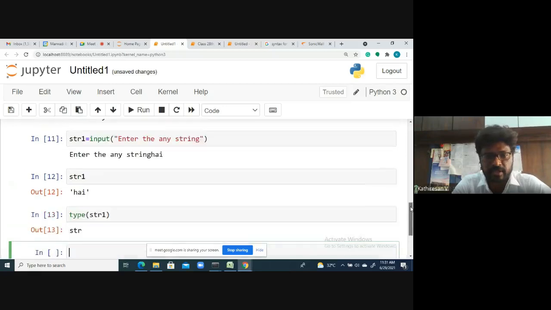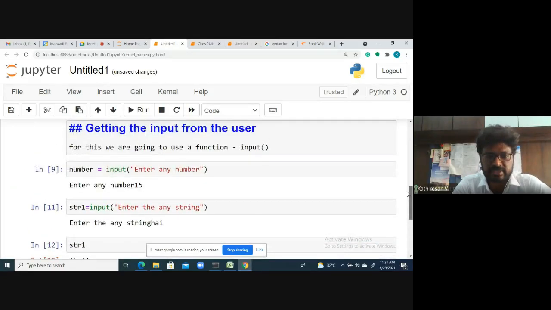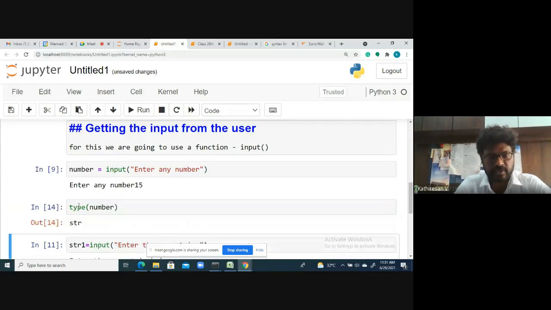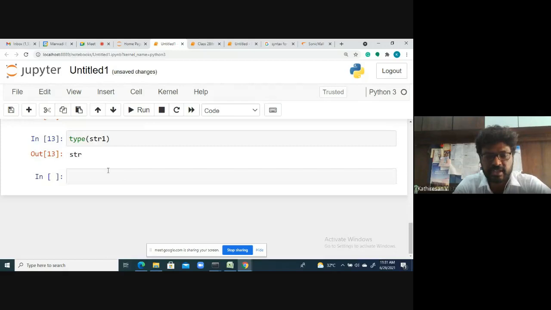Now I'm checking this number. Here I got number. Now I'm checking the type of number. See, it is also string. The problem associated with this, say for example, I'm getting number 1